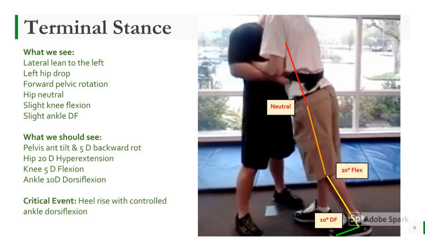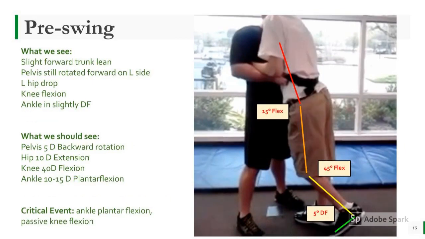You can see his foot is starting to come out of his shoe in the beginning. However, from the video clip, it is clear it is not controlled. Pre-swing is when the weight shifts to the contralateral limb, the knee rapidly flexes while the forefoot remains on the floor. The adductors are concentrically controlling hip hyperextension while the knee maintains flexion, and the ankle maintains plantar flexion, both